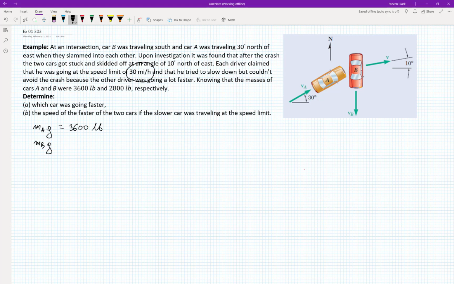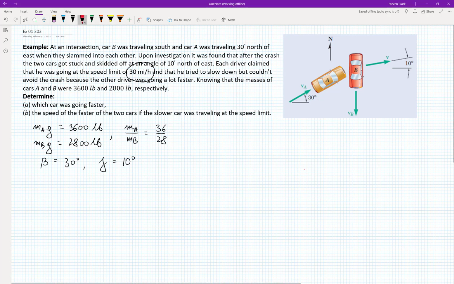MB is 2,800 pounds. But actually, in this solution, I care about the ratio. So MA divided by MB is 36 divided by 28. And also we know geometry, so we know that our beta is 30 degrees, gamma is 10 degrees, and they